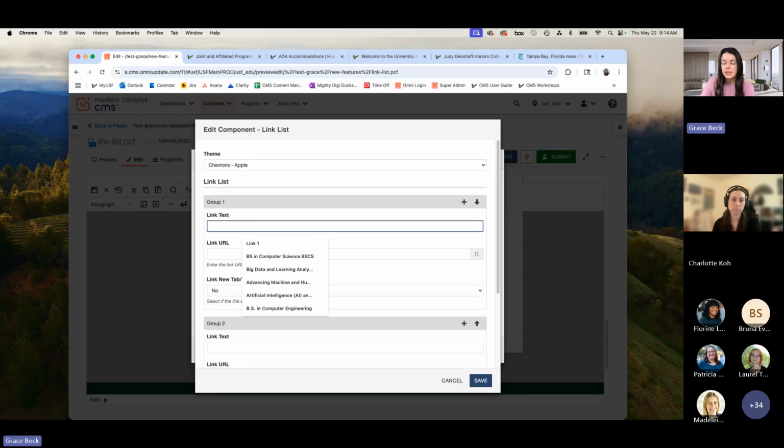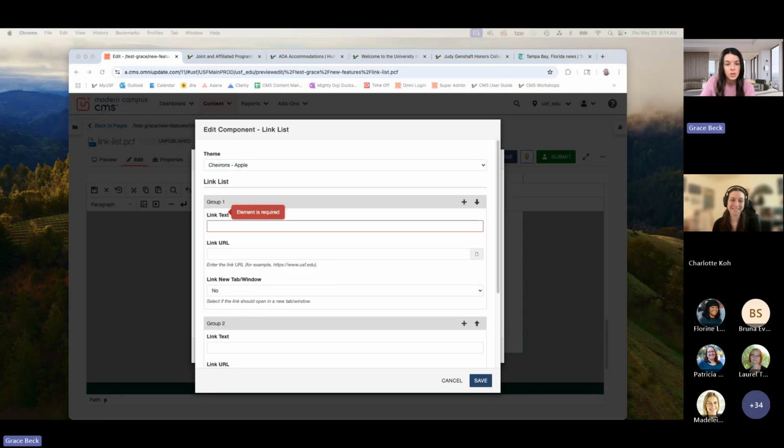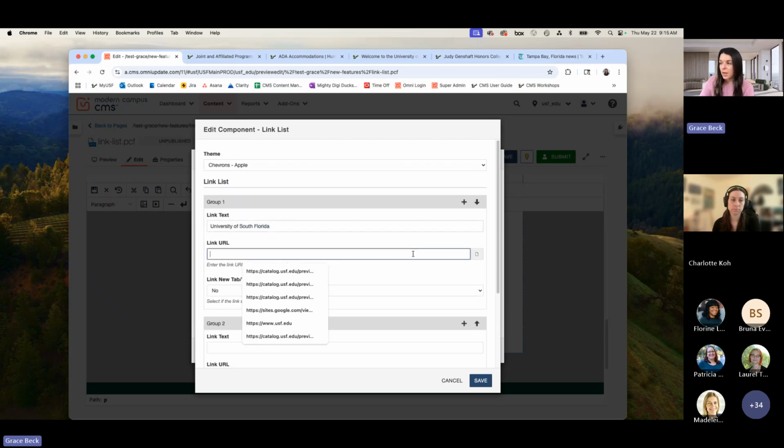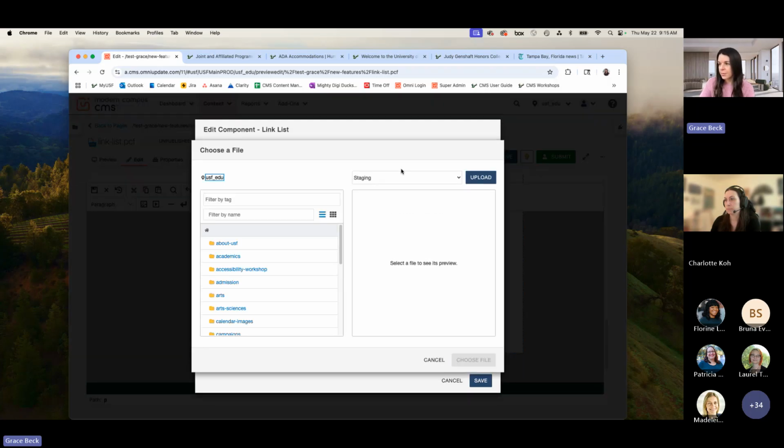So my link text, I want to make sure is descriptive. So the links that I'm adding here are actually just links to different pages. So I'm going to just do main USF here. Just like with any other link within the CMS, if it's an internal link, which means it lives within the CMS, you want to use the dependency manager here to link to that page. This makes sure that if the page is edited or moved or copied, that it doesn't break any links in the future. So I'm going to click on it here and then navigate to the page I need to do,